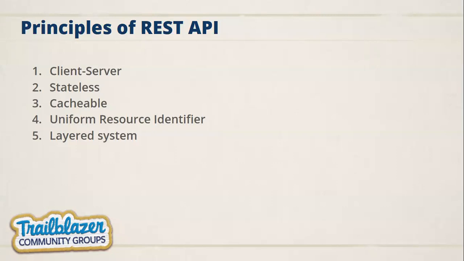Next is the uniform resource identifier. It says that whatever endpoint we have created, we should not change it. We should fix that endpoint URL. Otherwise, what will happen? The first time, the user comes and uses your endpoint, and later on you change the endpoint. They will not be able to track your URL. They will not be able to find you. Where are you? So your URI, your URL, should not change. Next is a layered system.